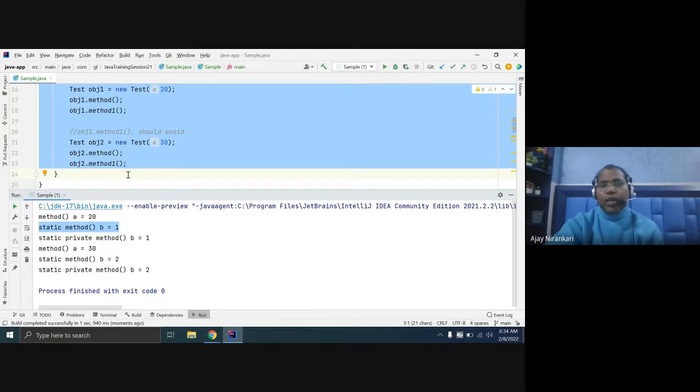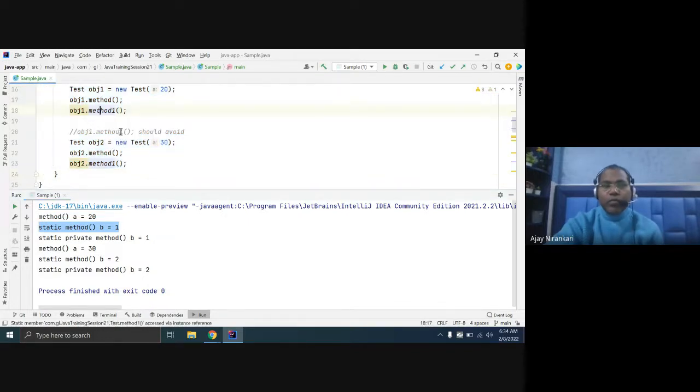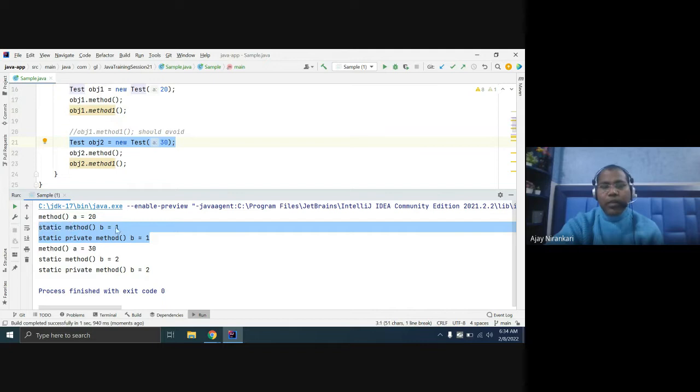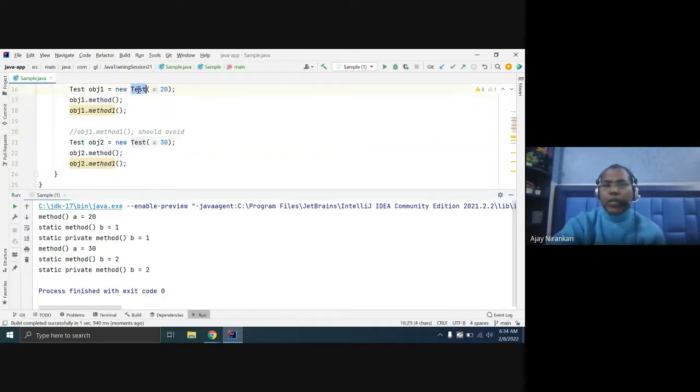Okay, and sometimes you invoke a new object. So a new object is created, and here you are returning b, your static variable. It returns one because in the constructor we incremented it by one.